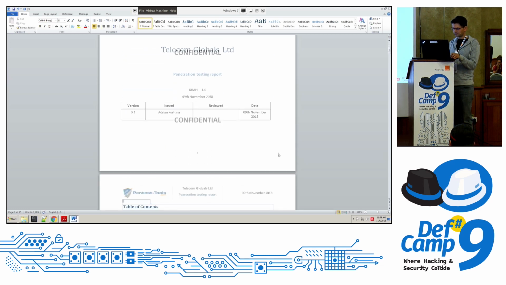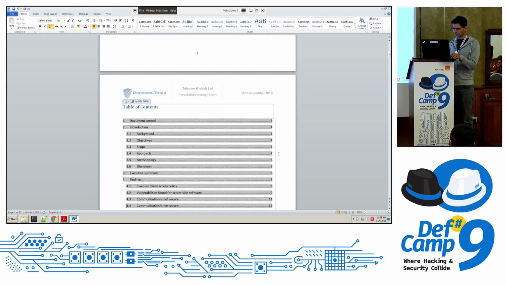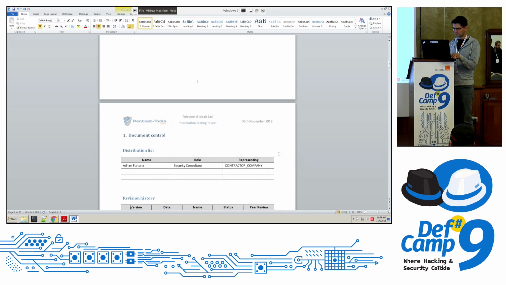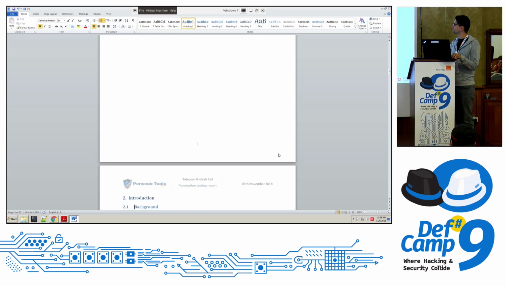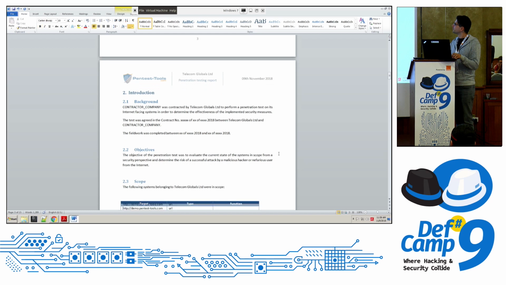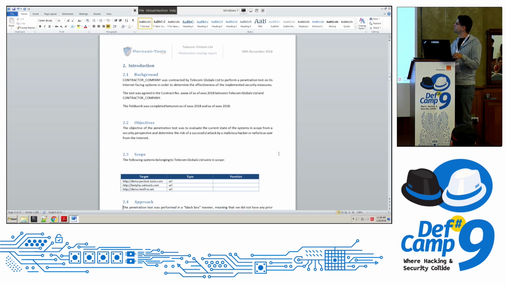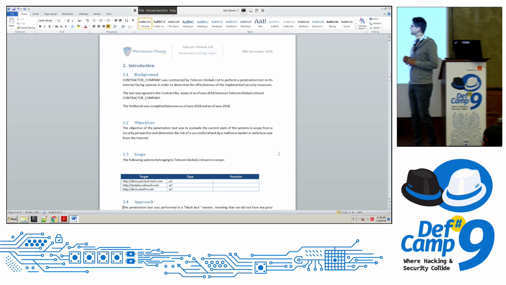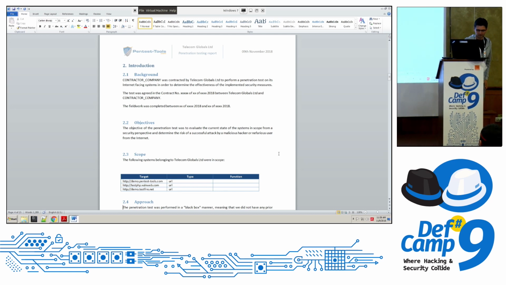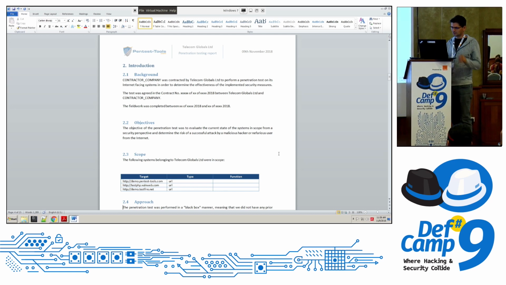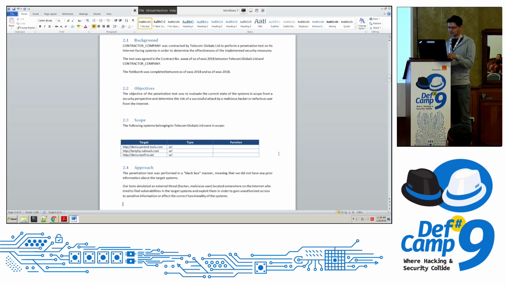The client name, table of contents, document control, distribution list. These are updated automatically with your information from the platform. Now, the introductory part. You will be able to edit these fields yourself to customize them to your own company and needs. So the background, the objectives of the test, the scope,